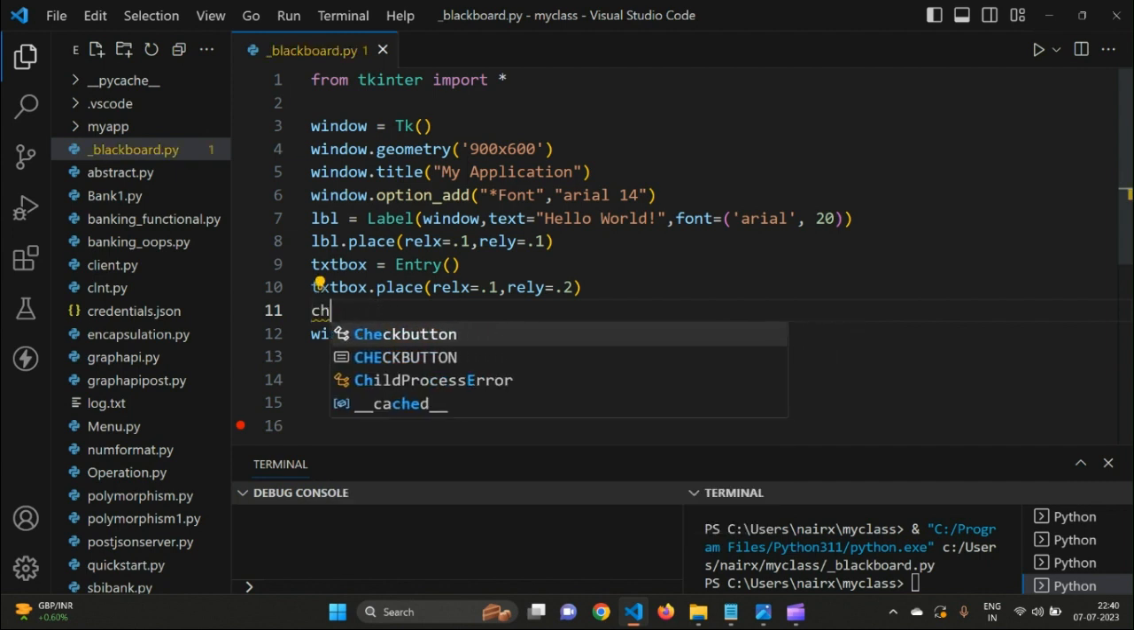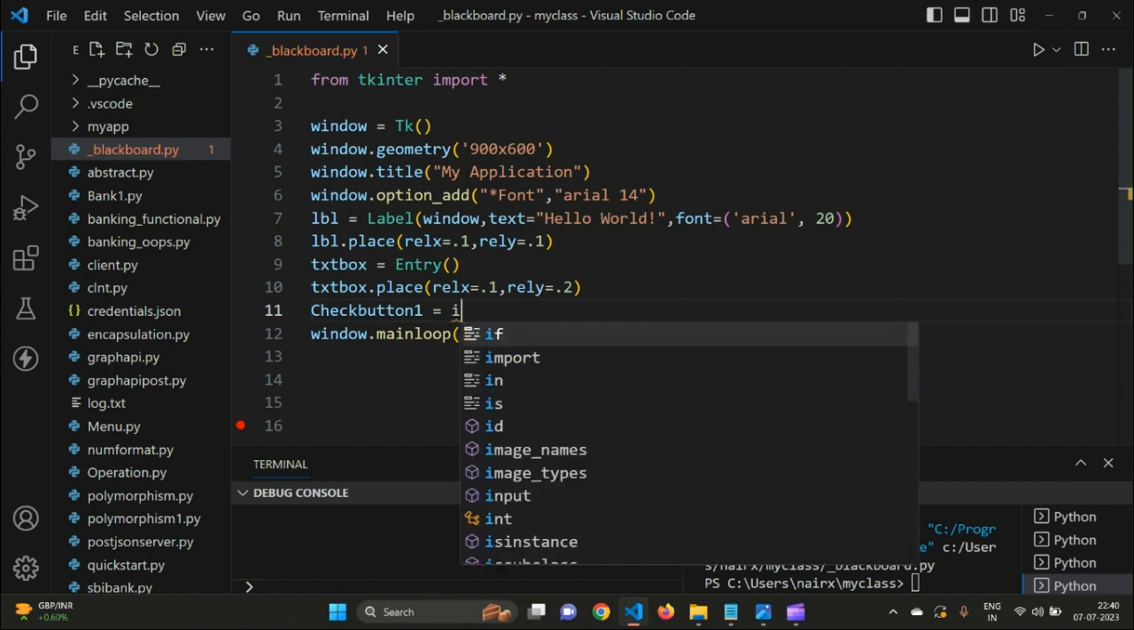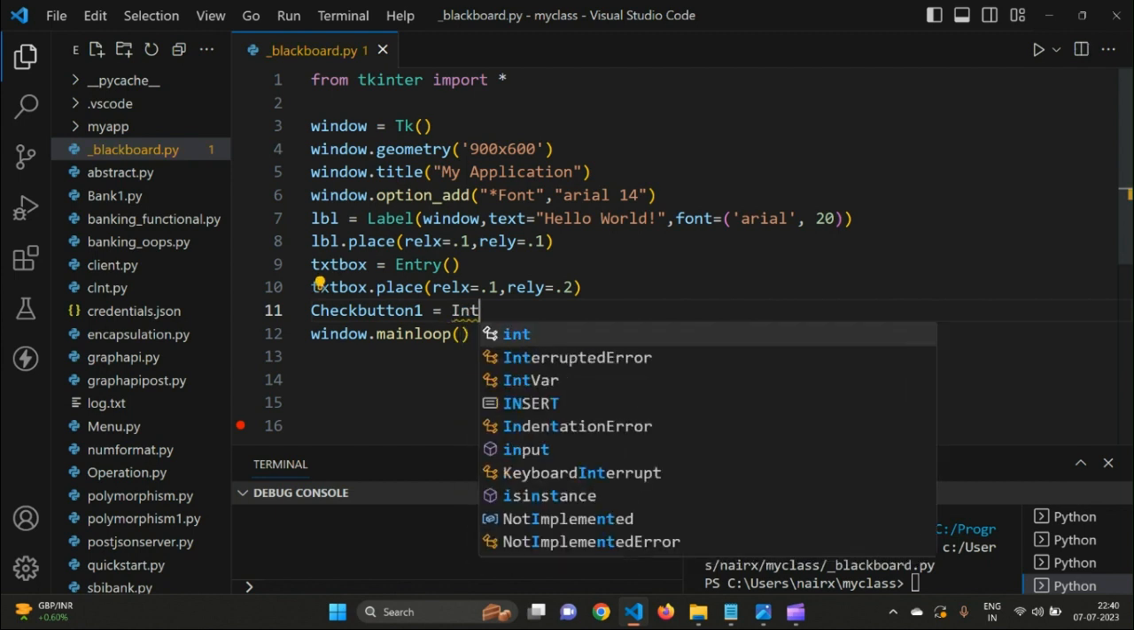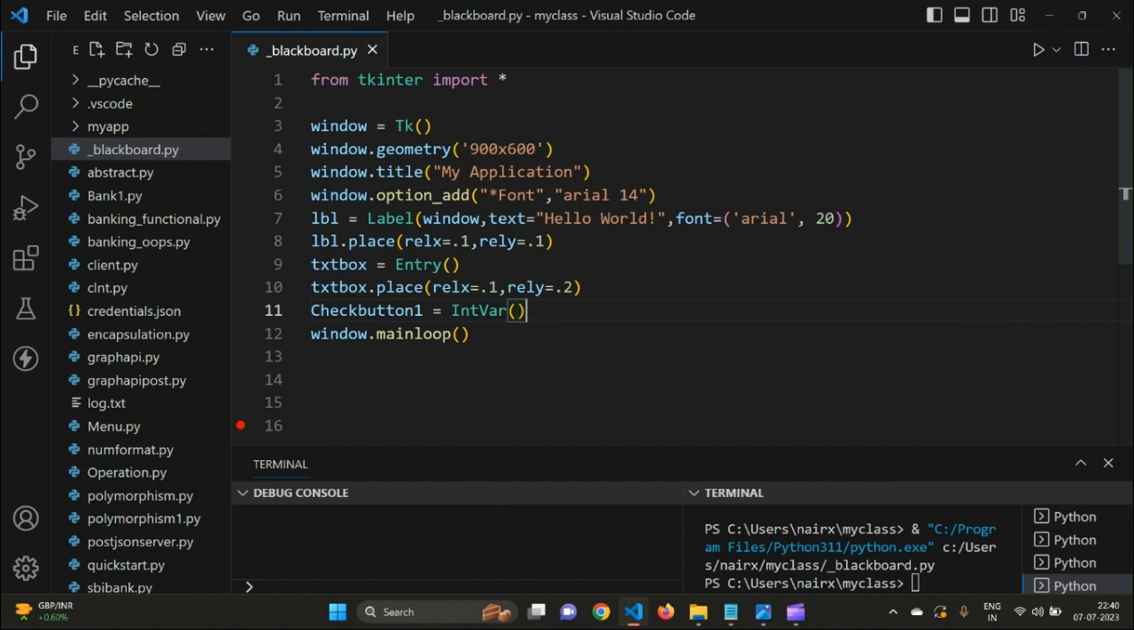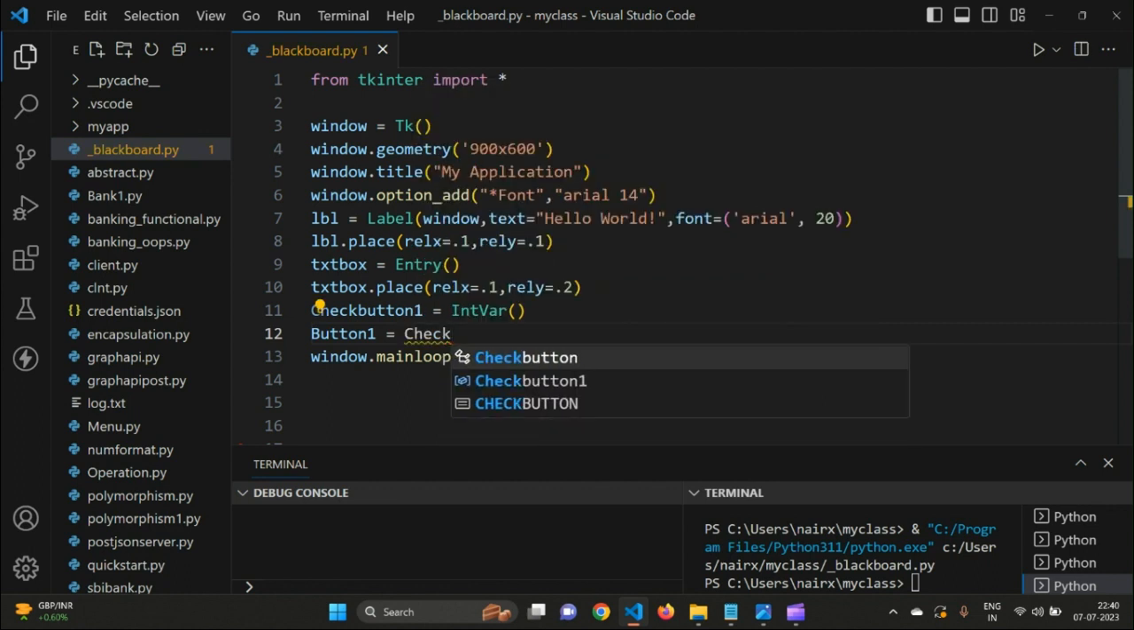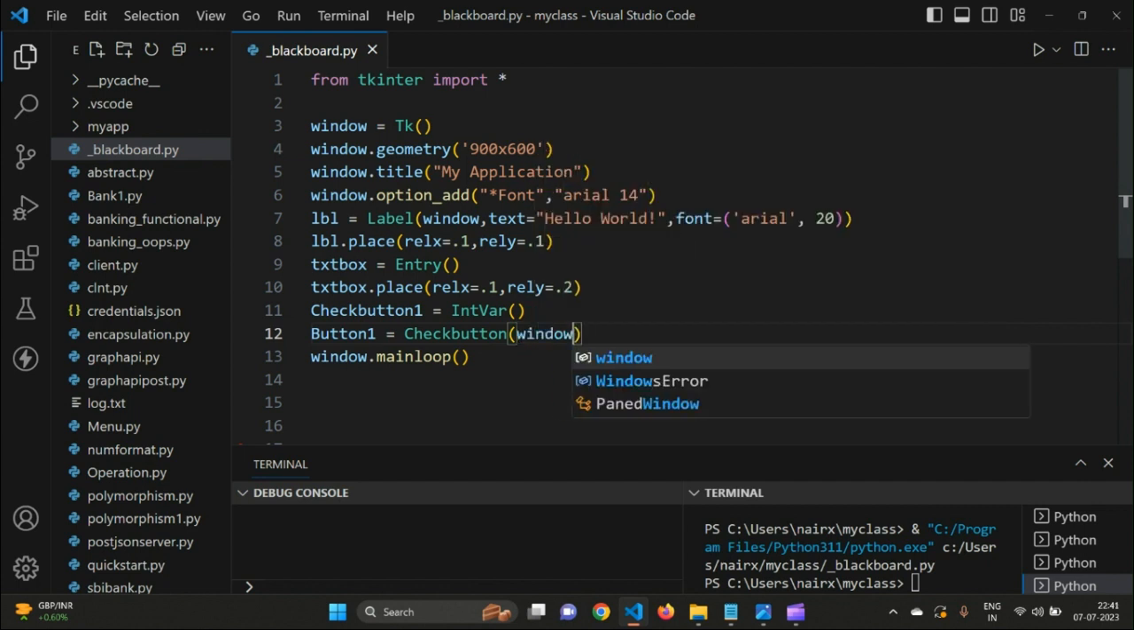check button, check equals, I'm declaring it as an integer variable. This is part of Python that comes with the Tkinter module, because we need this to create a checkbox. The function that we need to call to create a checkbox is Checkbutton, where we want this check button in the window, and the text that we can display,